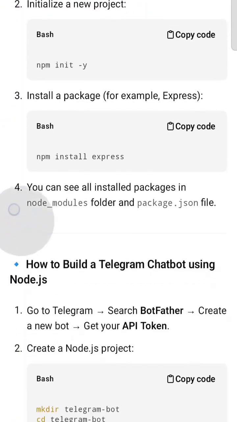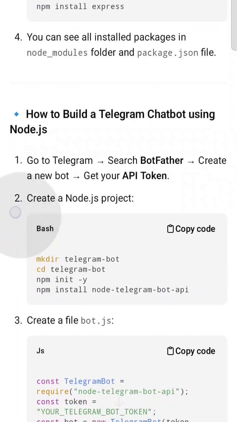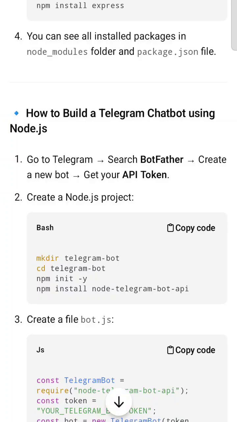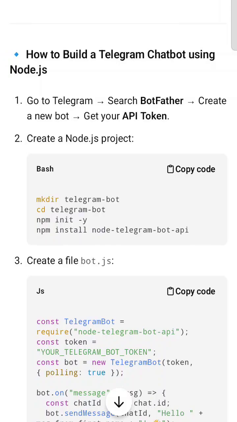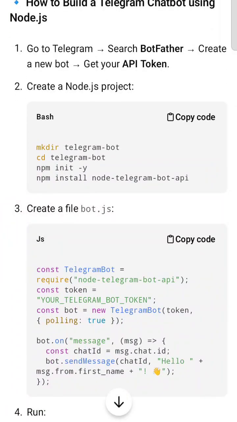package.json file. Now let me tell you how to build a Telegram chatbot using Node.js. So to do that, first go to Telegram and search for BotFather, and then create a new bot. Then get your API token, and then in the terminal run these commands, and then create a file called